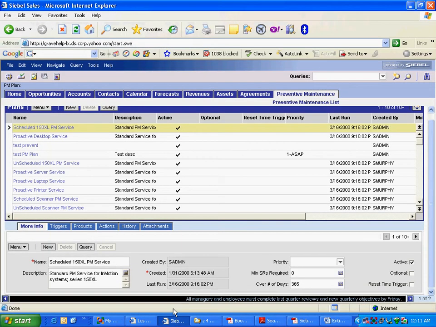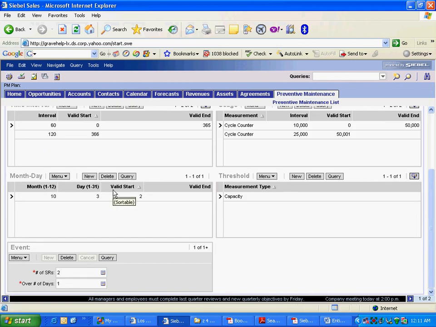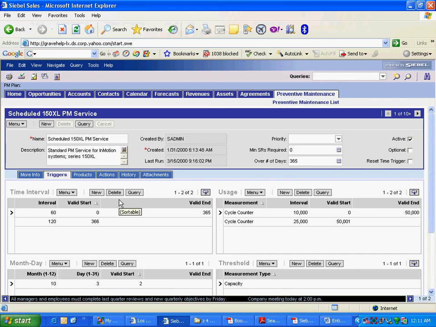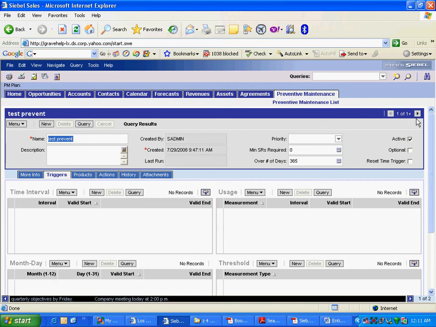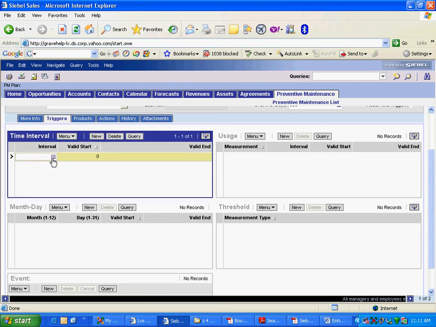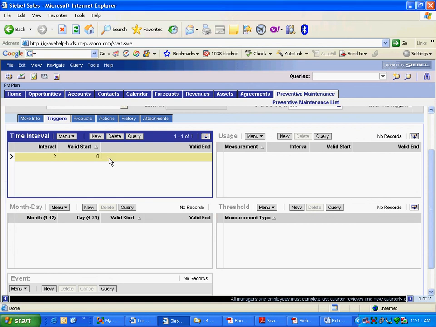Let's go there. We are in the triggers view. Funny thing, right? Just values. But let me just go to the test one. Test prevent is the one in the morning. You might have never used this thing, but this is another way to navigate between records in the form applet. Interval. 2. I'm not sure how it will impact.